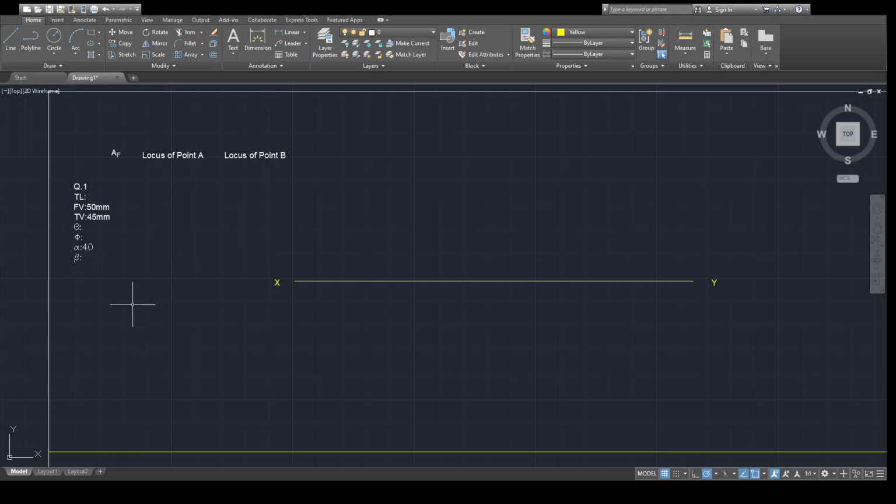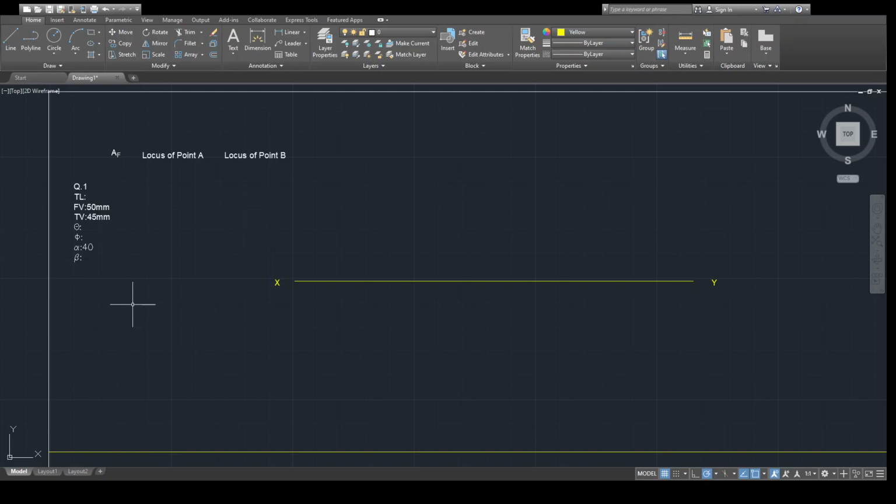The next important point is that, always remember, if you know the locus of point B, then on that same locus the true endpoint of line AB, that is B, is located. So locus determination plays a very important role. If you know the locus of point B, then over that same locus BF and B lie. In case of top view, if you know the locus of point B, on the same locus BH and B lie.